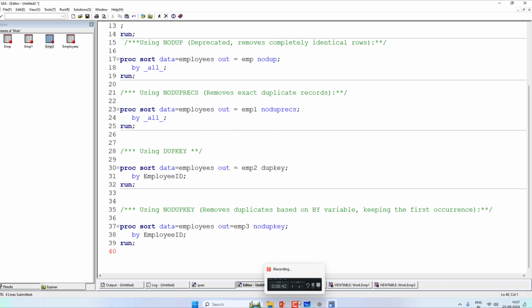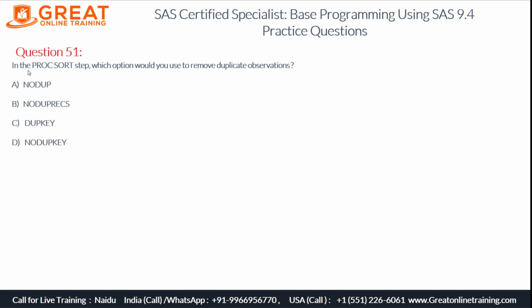So the question is, in the PROC SORT step, which option would you use to remove duplicate observations? We can use NODUP and NODUPRECS, but for certain variables, rather than these two, we will use NODUPKEY. So the correct option here is NODUPKEY.